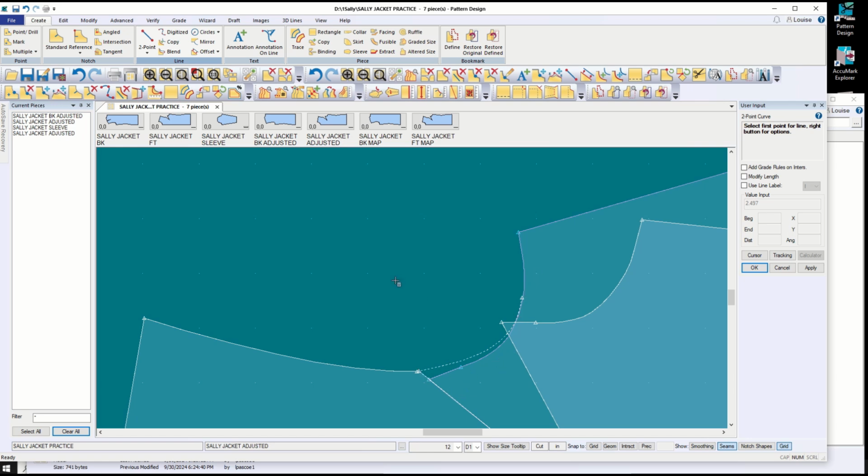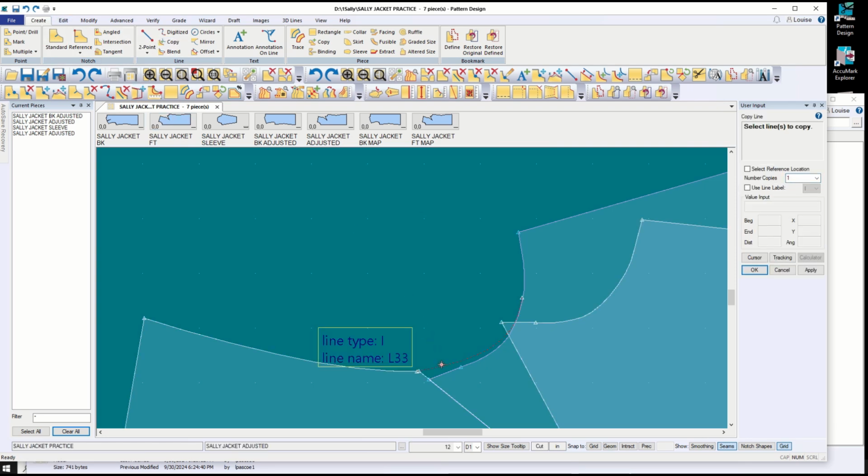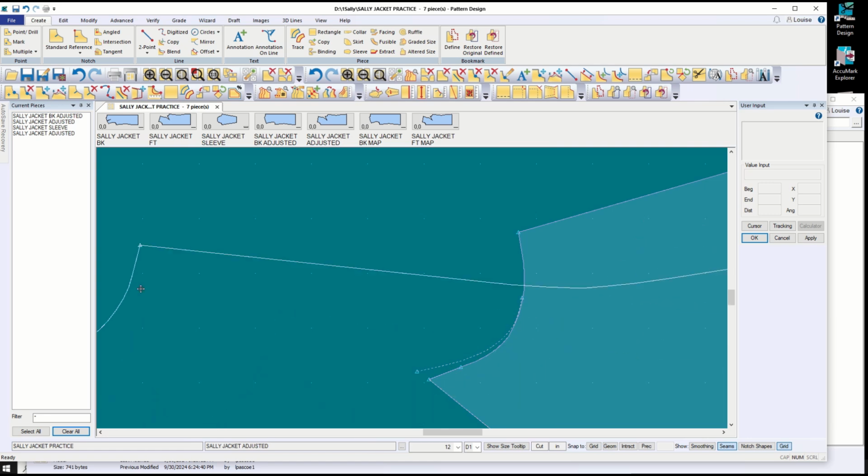So I'm going to go ahead and undo. I'm going to copy this line onto this piece and cancel so that it's in exactly the same place. And then I'm going to move this out of the way, and